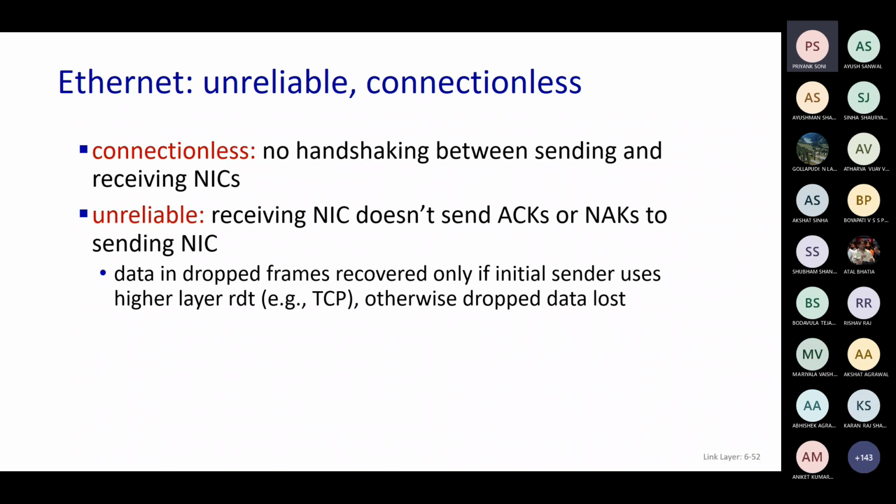At that time, we had read about this and we had said that we are using TCP because there can be some error and that may not be resolved using lower layer protocols. So in case of Ethernet also, you can see that the NICs do not give any kind of reliable data transfer, nor are they connection oriented.